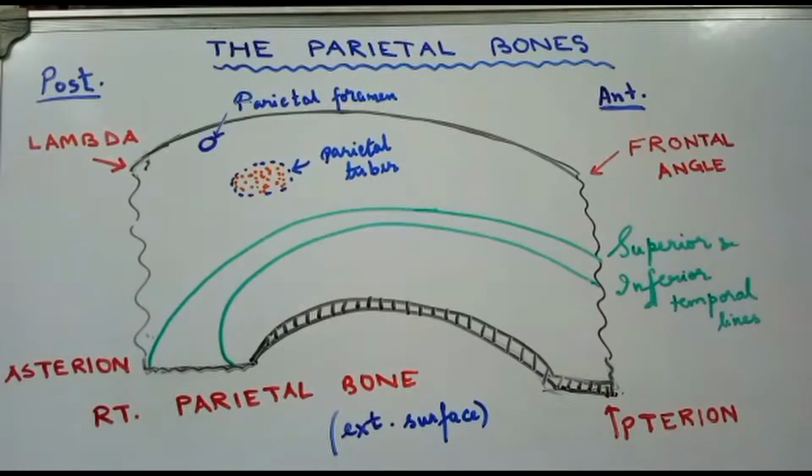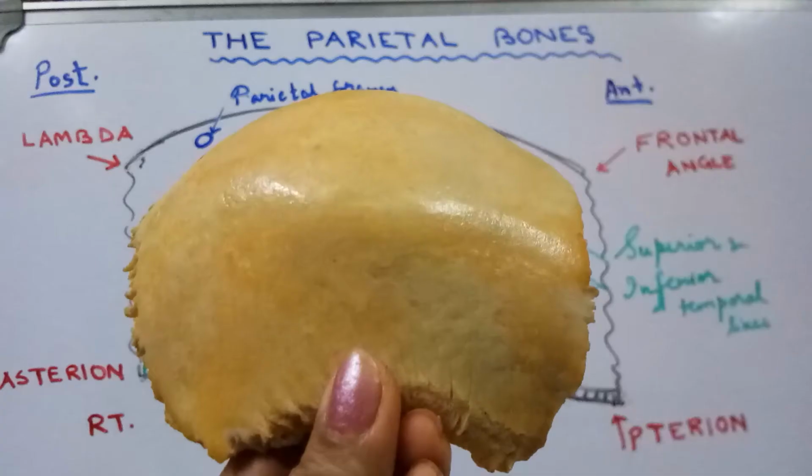The features on the external surface of the parietal bone include an elevation, the parietal tuber or tuberosity, the superior and inferior temporal lines, and the parietal foramen. The inferior temporal line and the area of the bone below it form the major part of the floor of the temporal fossa. The temporal fossa gives origin to the muscle known as temporalis.